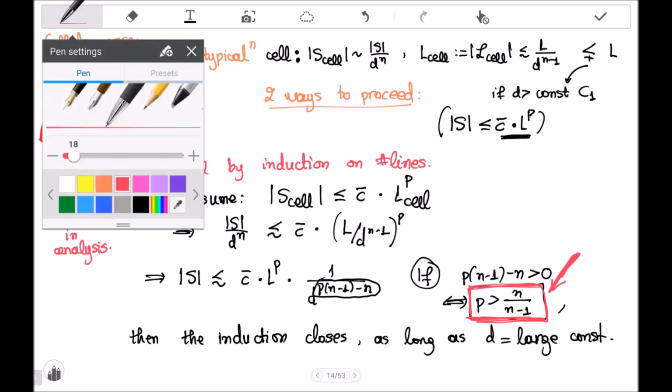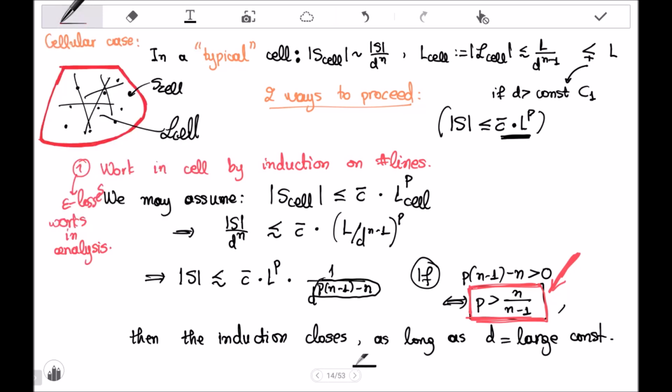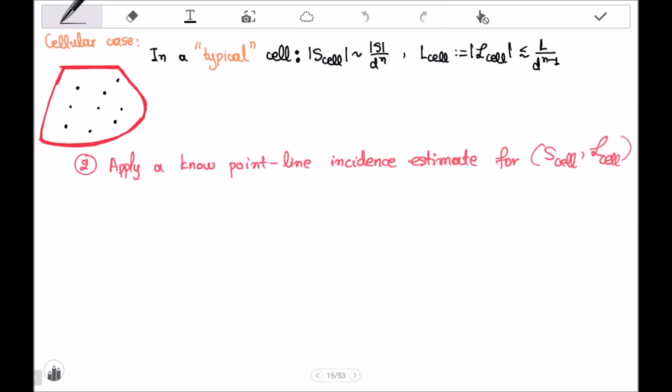But we may have situations where we don't have this condition for the exponent, so we want to do something else. And here is the other possibility, to apply a known point line incidence estimate in that cell. So again, you have your points here, you know how many they are. You know they are incident to the lines crossing that cell, for sure. So you could apply a point line incidence estimate there. We'll see an example later. And the point is, how do you work from there? This gives a relationship between these two quantities, points in the cell and lines in the cell. But those are related to the original points, the original lines, and the degree. So this will give a relationship